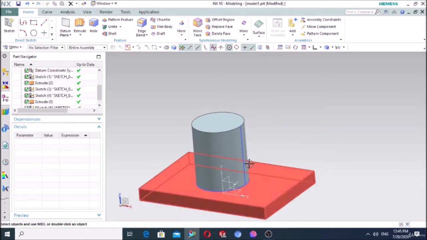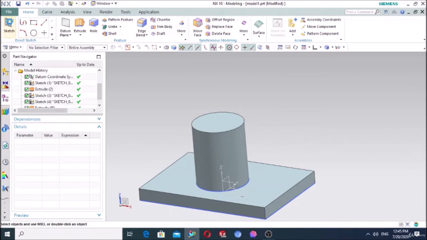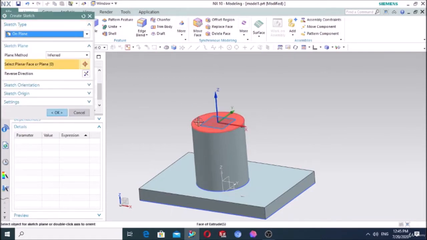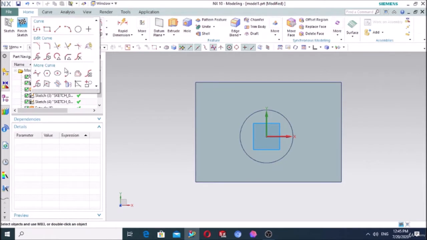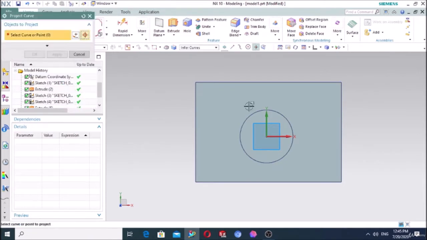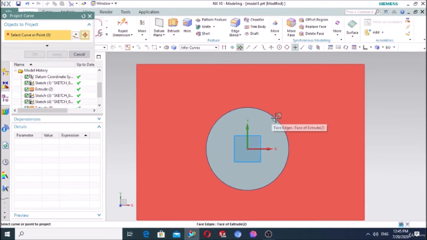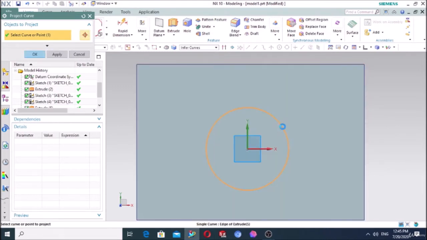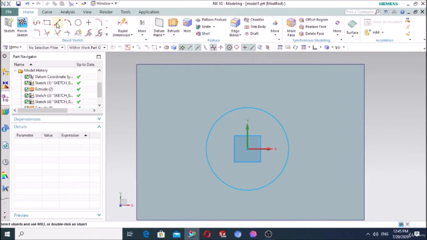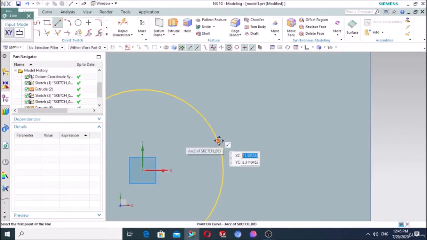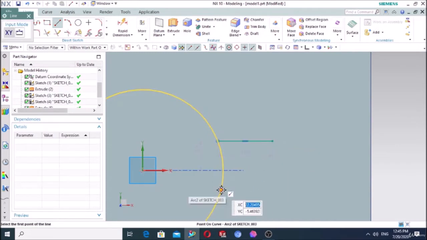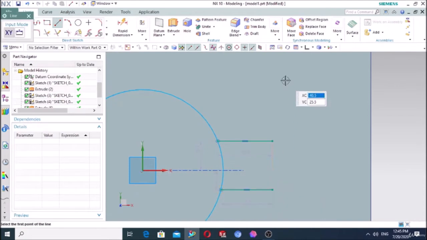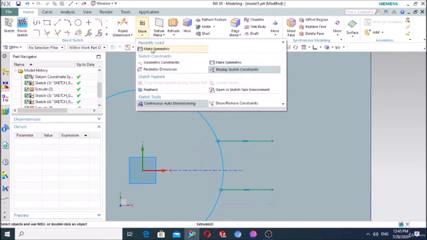So delete firstly this and this one. In order to do that, let's draw the reference sketch. So press this face, OK. Firstly, make the project curve using the top edge of the cylinder, this edge. Press OK. Then draw the line here. Also an additional line here with equal length. Then make them symmetric